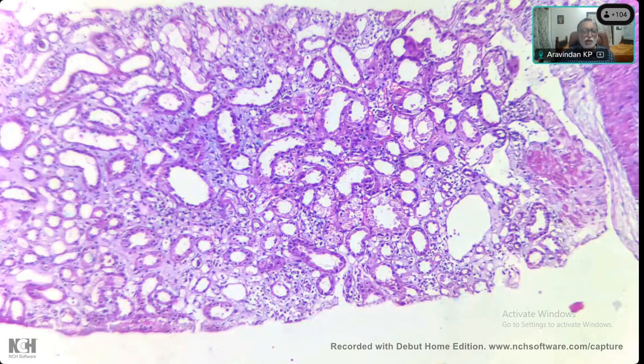So here, is it due to edema or fibrosis? Here I can see edema and some inflammation. You see this bluish material here. Okay, good. What else in between these tubules? Some inflammatory cells are seen, sir. Uniformly, there are sprinklings of inflammatory cells all around. Mostly, I think, lymphocytes. Yes, sir.